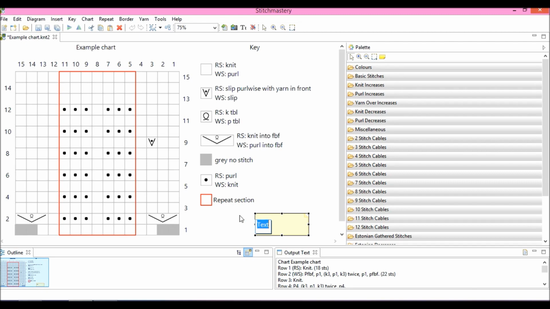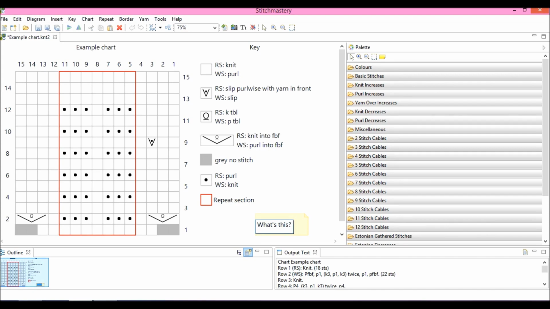But don't worry if you're not ready to write into it or you accidentally click away from that. 2 slow clicks on the text itself, much the same as you do to select the text in your key entry. So not a fast double click, but 2 separate clicks. You get your active text box, and I'm just going to say, what's this? Now you can either click out of the box to set the text, or you can use the enter button and that will also secure your text.